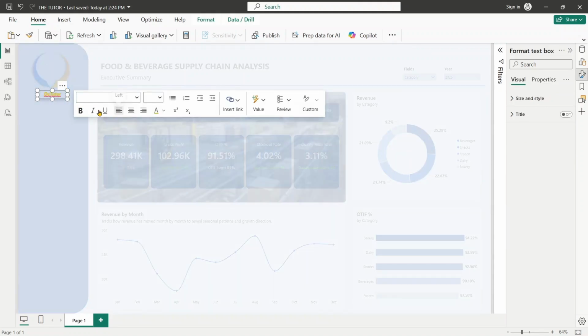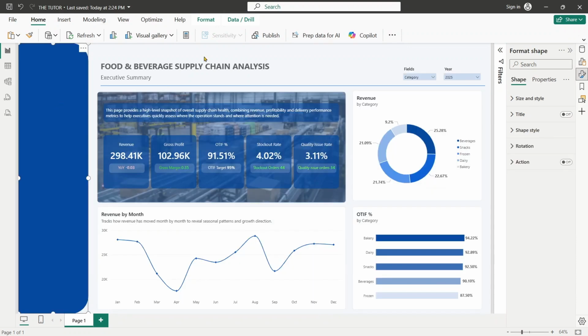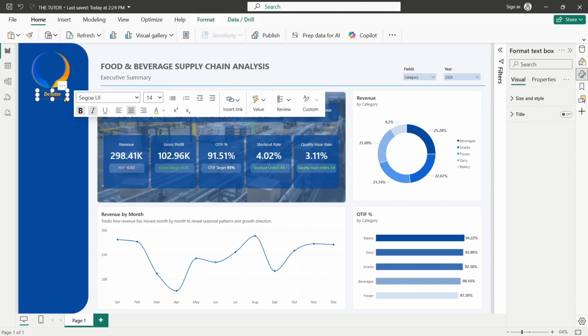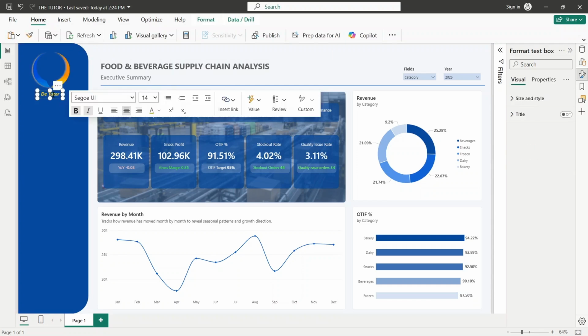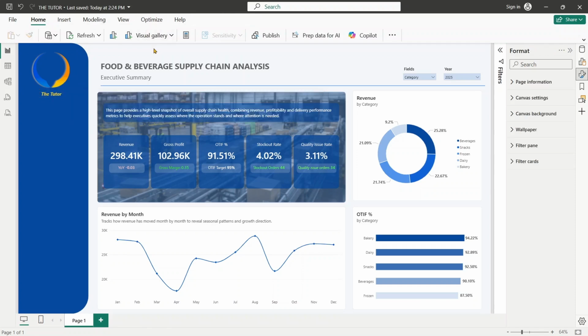There's something about this new Power BI. Okay, so that's our company name, the tutor. Good. So I can leave it like this. All right. Now, once we're done with this, let's bring in our